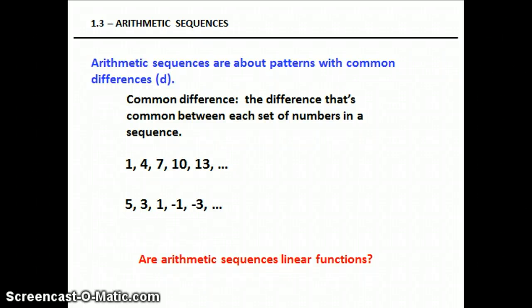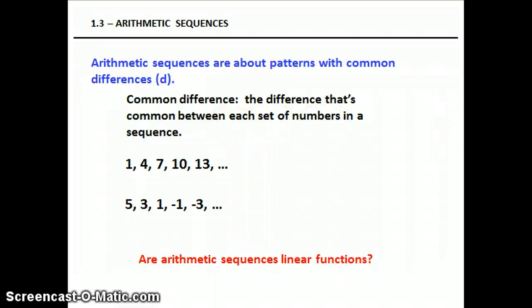Okay, let's talk about some arithmetic sequences. Arithmetic sequences are just patterns that have common differences. The common difference we call d, and it is the consistent difference between each number. For example, if we have 1, 4, 7, 10, 13, and we are looking at that, and we are saying,